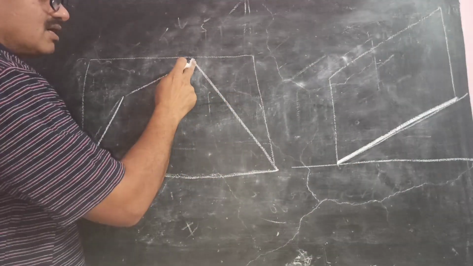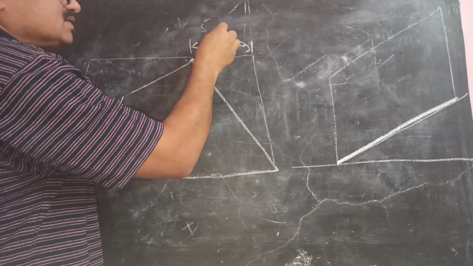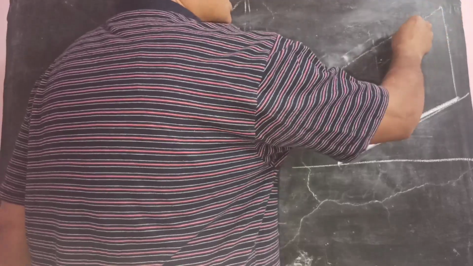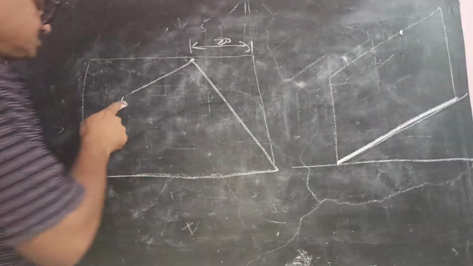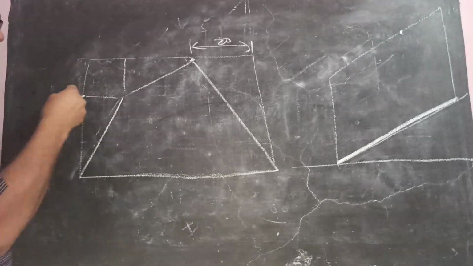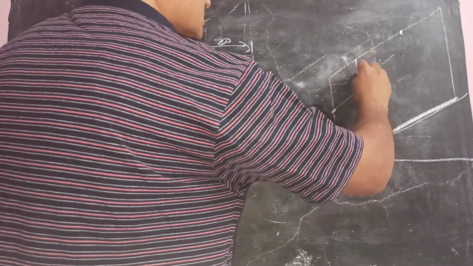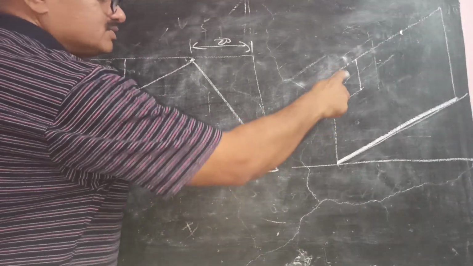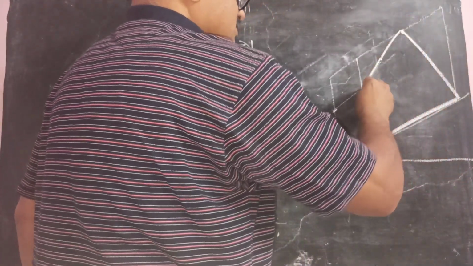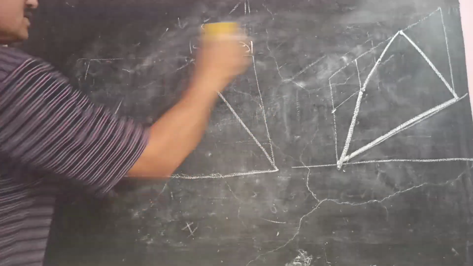Then this corner will be given at some distance. It will be given in the problem that this is at say 40 or 30 or 20, whatever it may be. So mark a point here, from here 20. Then this distance and this distance will also be given. So mark this point here, and you can get this point. Simply draw these lines parallel to this, and this line parallel to this. You can mark this point and complete this diagram like this. So that is for an irregular shape.